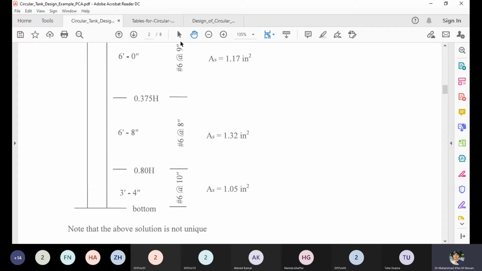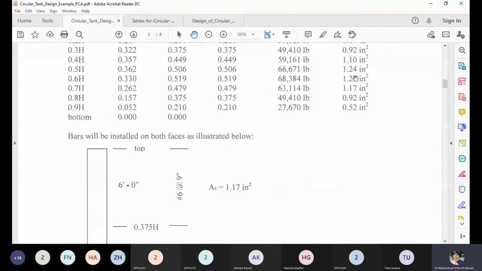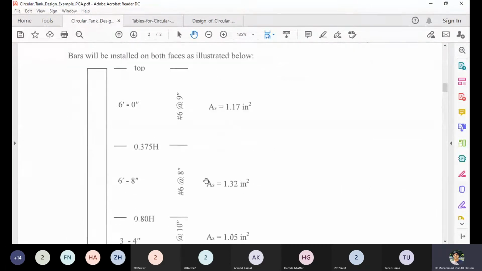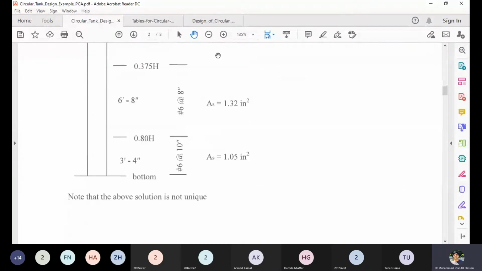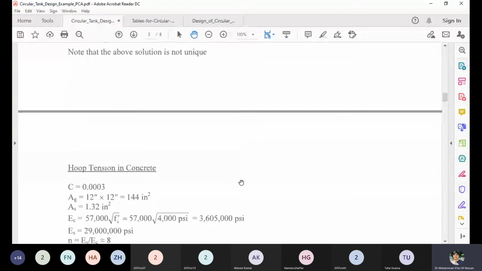And this area of steel is not giving us the steel on one side, but actually on 2 sides, because the tension is acting along the area. So this steel also has to be provided not on one side, but on both faces of the wall. So you will make it half and then compute the spacing. First make the steel half and then compute the spacing, and this will give you the design for the hoop tension.